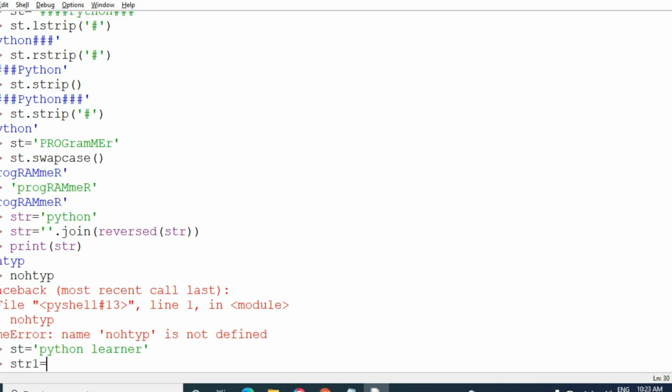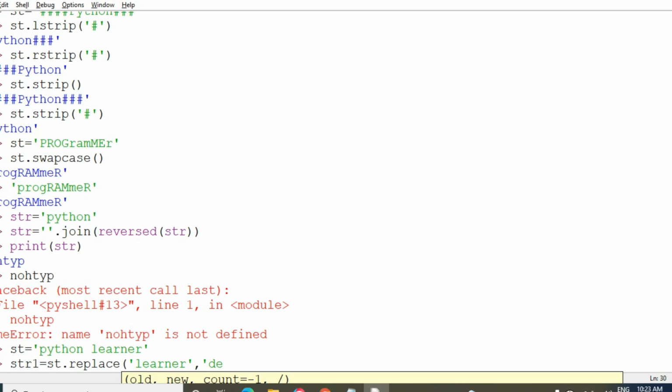So I am taking another string str1 equal to st dot replace of what are the old string, the existing string, learner.